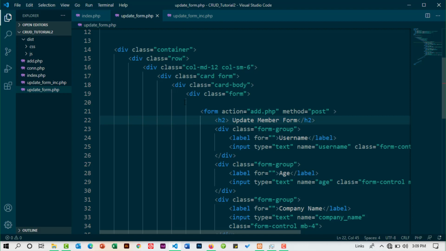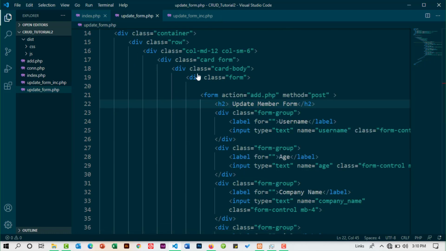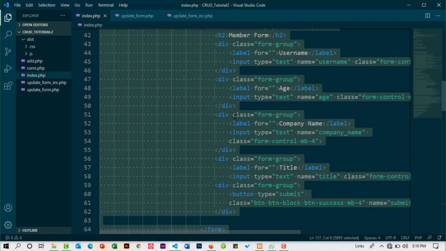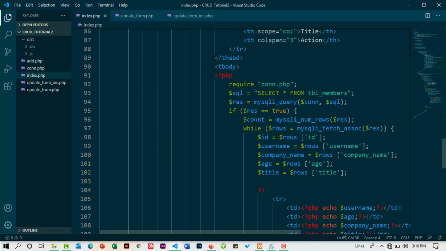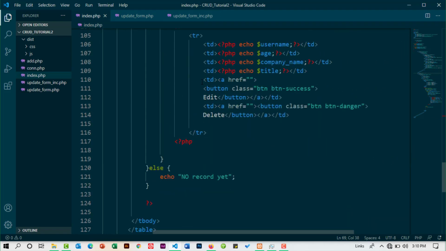Okay, now before we move to the update_form_inc to write the PHP script that will help us to update the records, I want to get back to the index.php, and this is where we have the table that contains the records that we want to edit. And what I want to do here is I want to be able to grab the ID of the specific record that a user will have clicked to update or edit. So I'm going to go to the edit button here, and in the href here